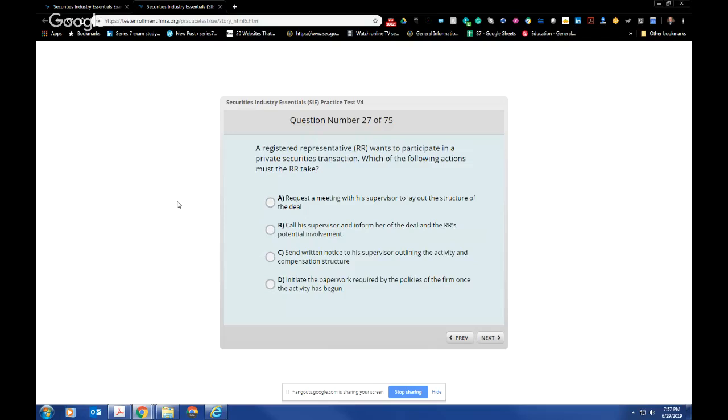A registered rep wants to participate in a PST, private securities transaction. Which of the following actions must the RR take? Request a meeting to lay out the structure. That's a good start. Call a supervisor, inform of the deal and my potential involvement. Okay, that's a good start also. Send written notice to the supervisor telling what you're doing and the compensation. And initiate paperwork required by the policy of the firm once the activity is